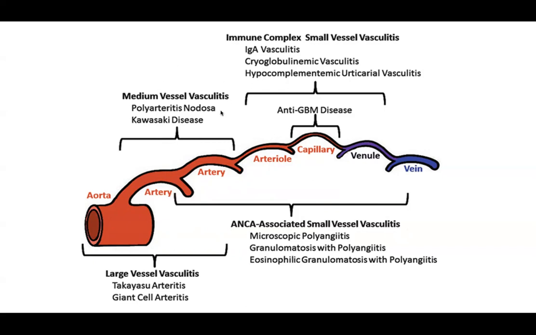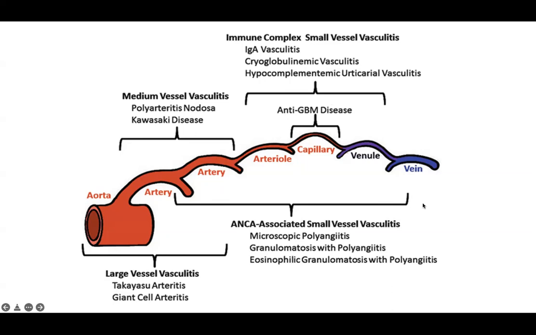Medium vessel vasculitis typically refers to the vessels that have a little bit larger diameter, and that includes polyarteritis nodosa and Kawasaki's, as we mentioned. And when you think about the immune complex or small vessel vasculitis, such as IgA vasculitis, cryoglobulinemic vasculitis, or hypocomplementemic urticarial vasculitis, these sets of diseases actually have the smallest window, if you will, of which small vessels will be